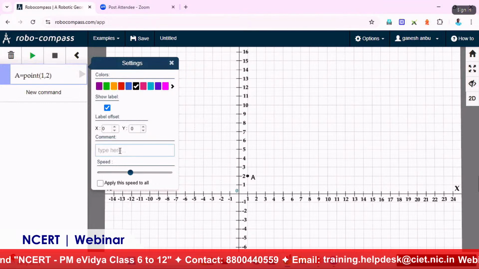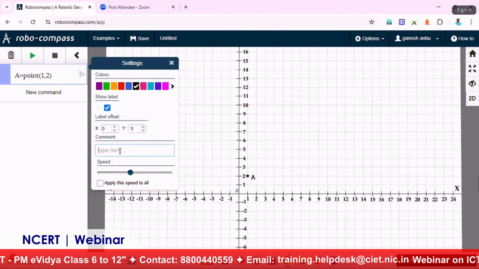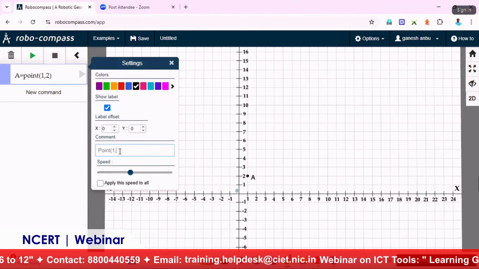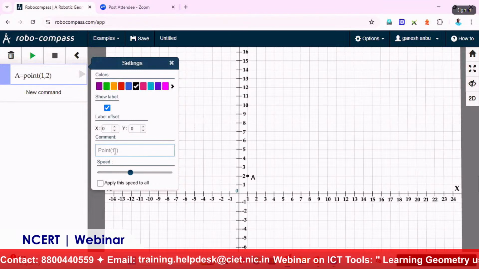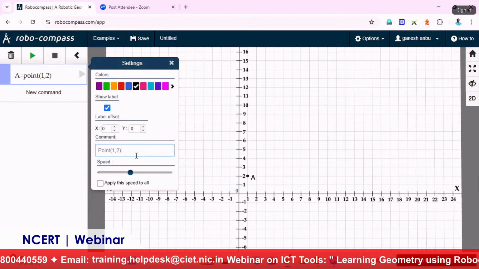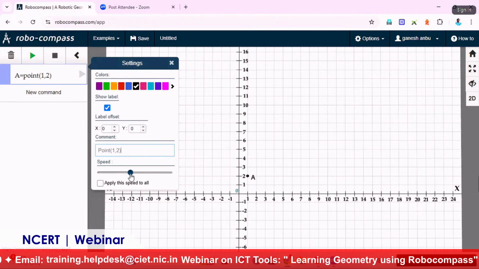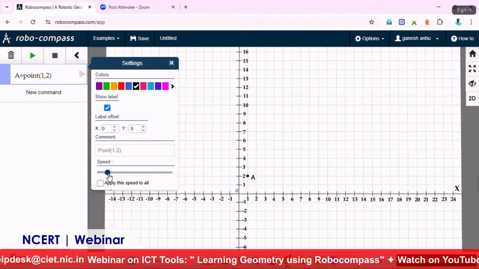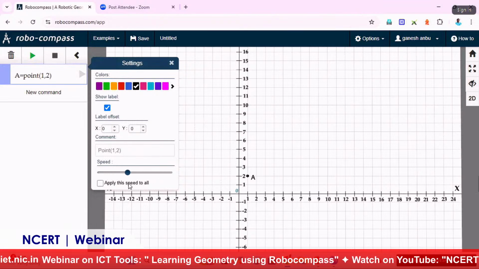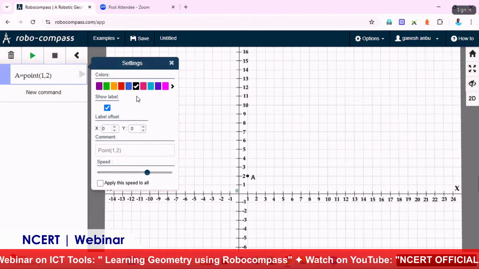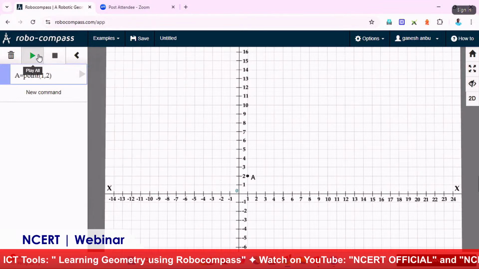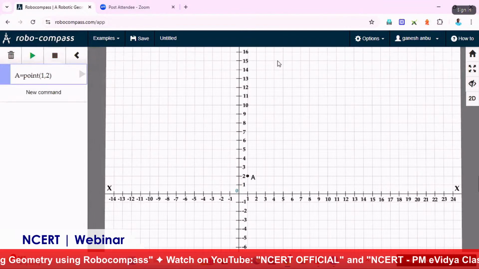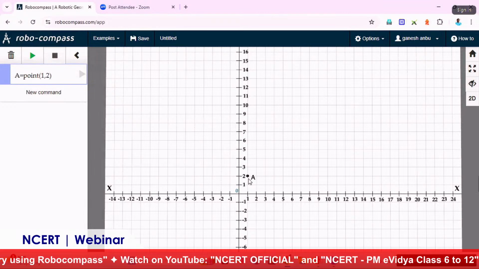and also if you want to show some text, here I will type a text like this, 1, 2, it will be displayed there. We can also make changes with the help of the speed control button. So the pencil speed will be controlled by the slider. Okay. Now you can see what will happen. Now the text is displayed above the screen, and also the pencil is marking the point and label it as